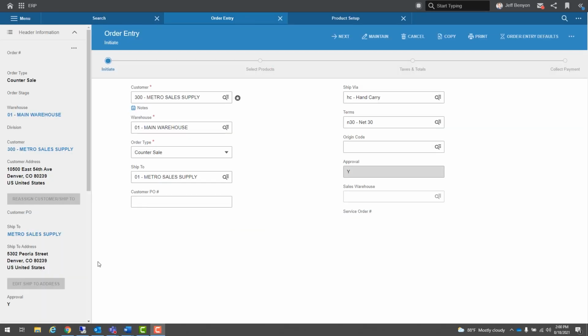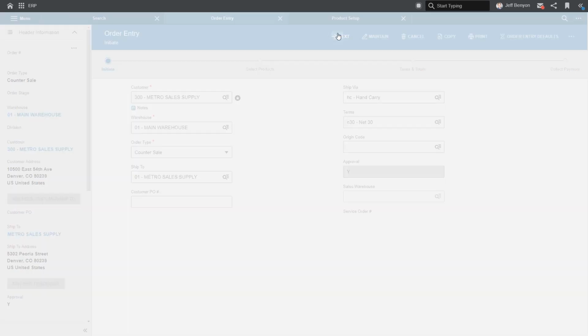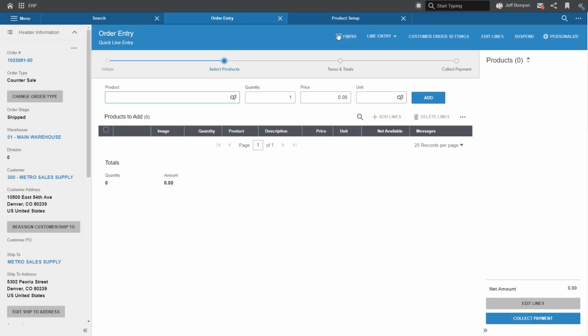Okay, let's jump right back into that order entry screen. And in this instance, I'm going to do a counter sale. So I got a customer that's walked in and they're bringing the products right to me. So I'm going to just scan the items. I don't need to look for them. Scan the barcode. All right, they got two of those